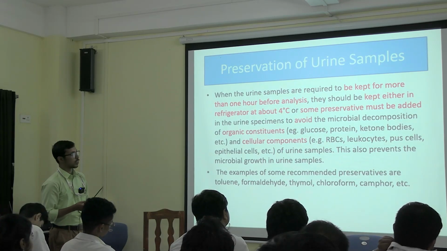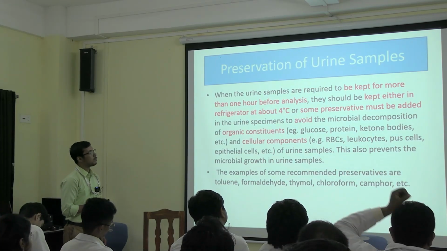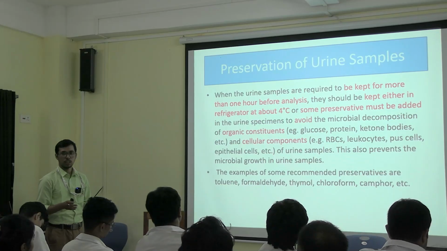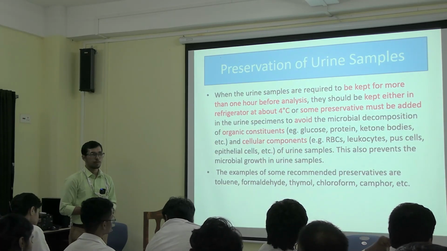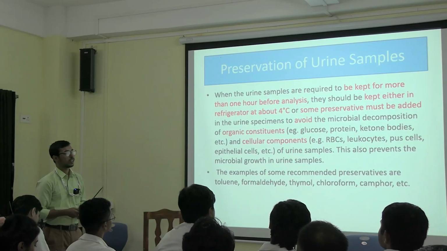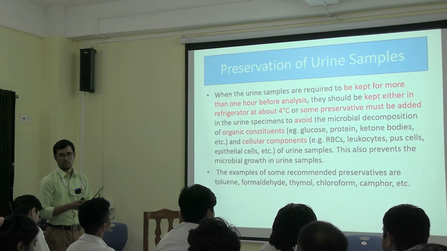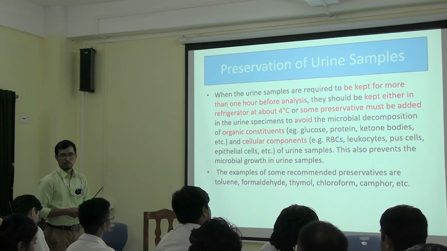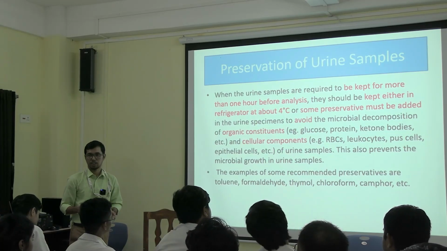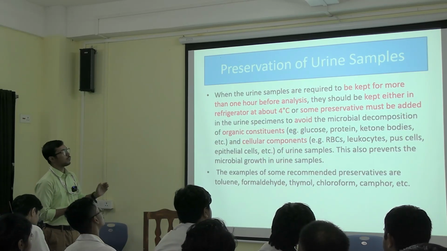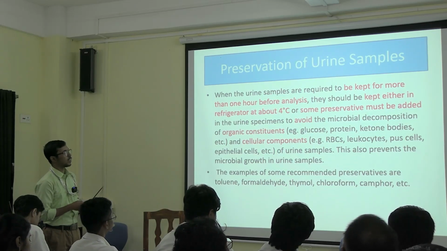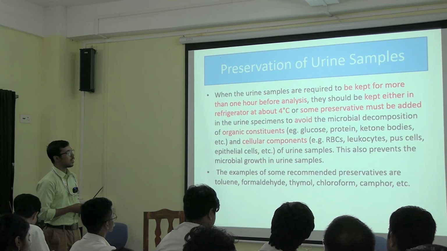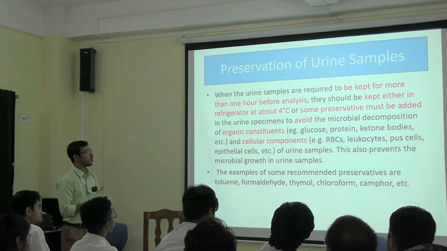Now how do you preserve urine? Urine should be preserved if it is not used within 1 hour. If you think urine can't be tested now, like in our microbiology department and these laboratories, they can't use the specimen directly for examinations, so they have to store it. If you have to store it for more than 1 hour, then it should be kept either in a refrigerator at about 4 degrees centigrade, or some preservatives must be added to the urine sample to avoid microbial decomposition of